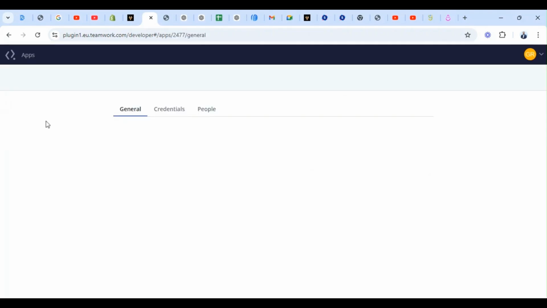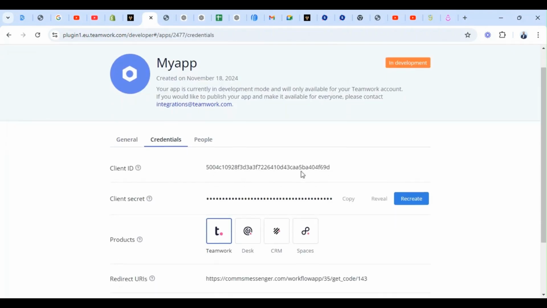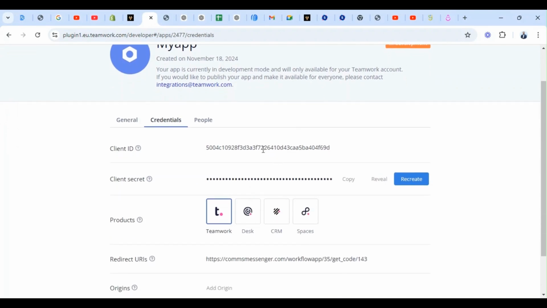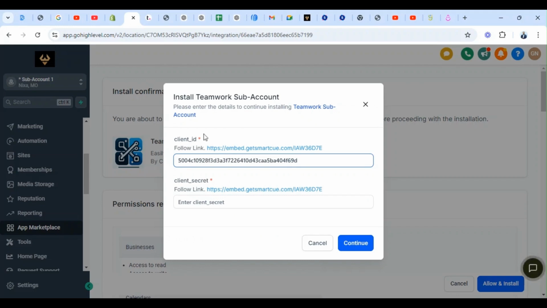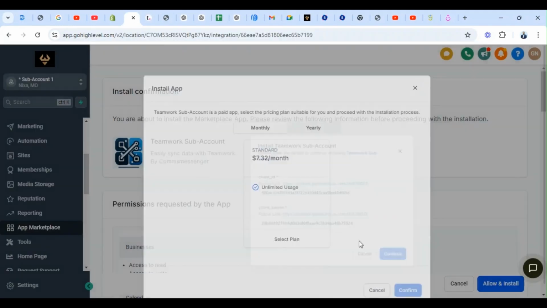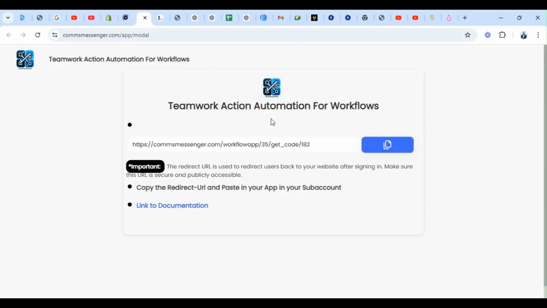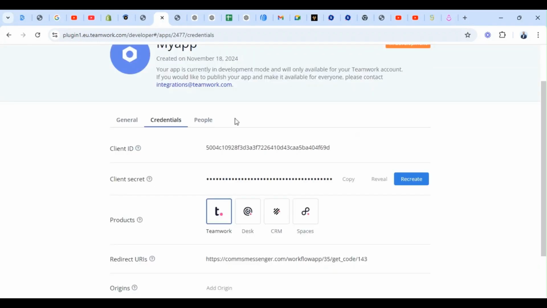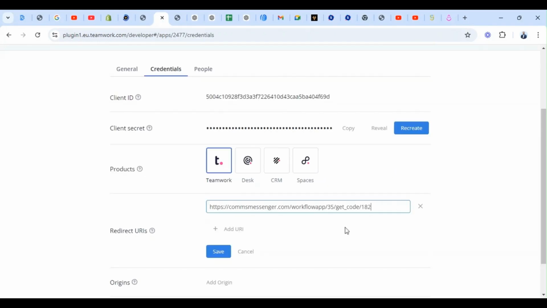So come here on my app, you go on credentials and you have your credentials here. You have the client ID and the client secret. So let's copy, paste, we go back, we copy the client secret, we paste, we continue, choose the plan, complete installation. Of course, you open a new window where you have to copy the new redirect URL and paste it inside your platform. So let's copy, we switch back, we come down here, paste the new one, we save, and